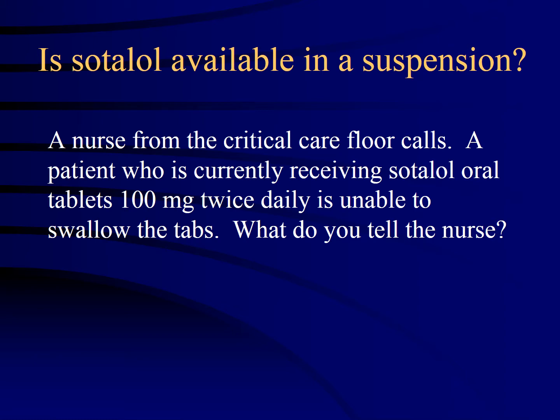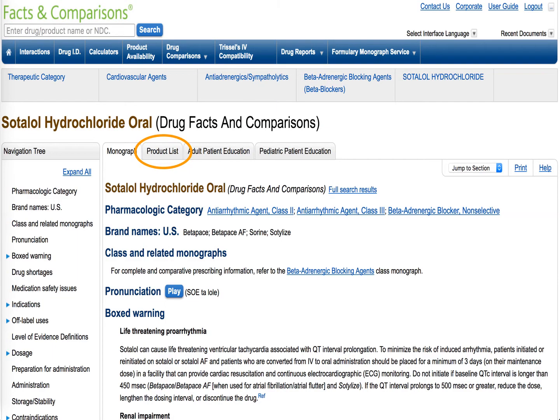Discontinued products are also listed in the drug databases. In Lexicomp and Facts and Comparisons, you'll see a product availability tab. In Micromedex, again, you should search Red Book, and it will tell you whether or not the product has been discontinued. So in this example for Sodalol, I typed in Sodalol in the search field in Facts and Comparisons, and